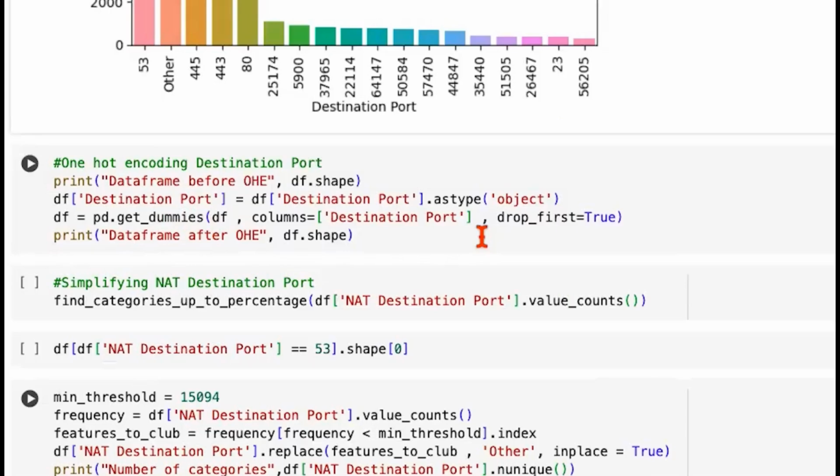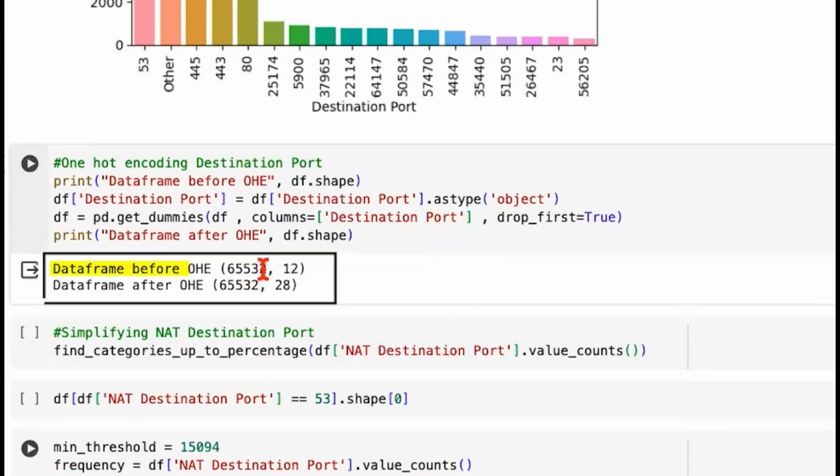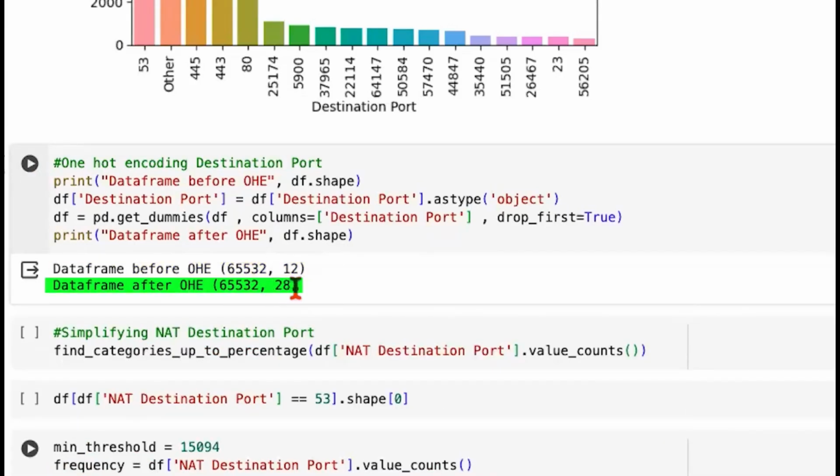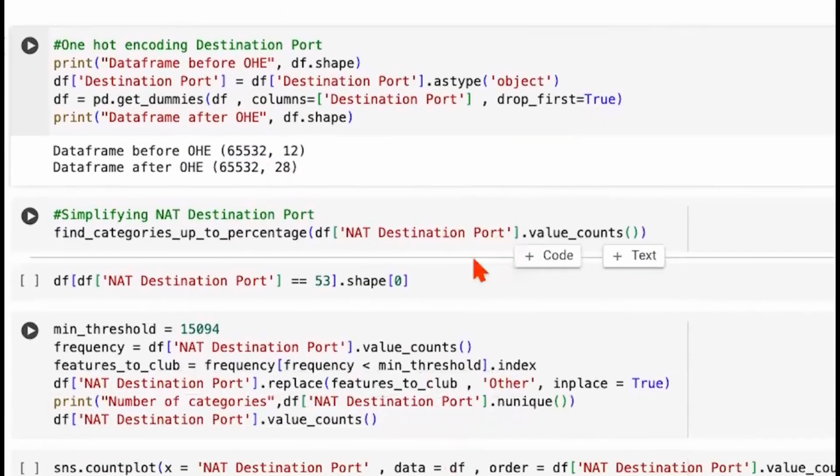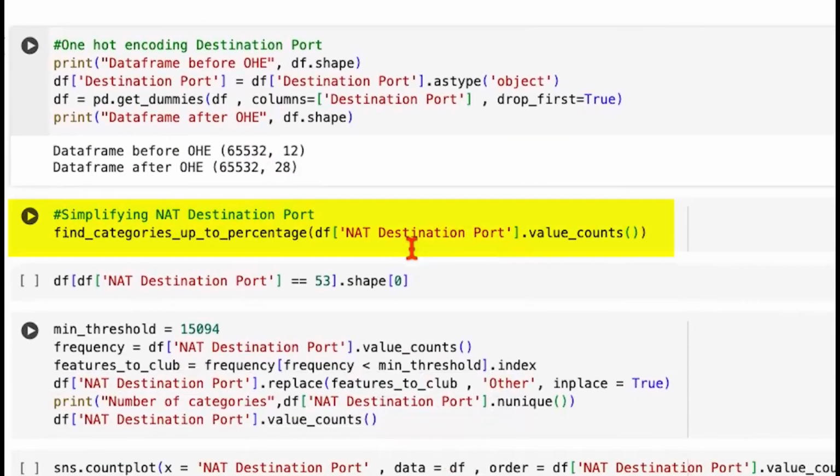17, 18 columns when you have 65,000 rows would not be really a problem. But of course, 22,000 columns would have been a problem. So earlier we had 12 columns, now we have 28 columns. That's where we are. Now the same treatment we are checking for the NAT destination port because it only had